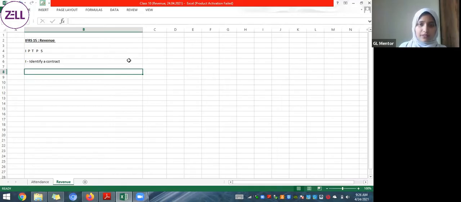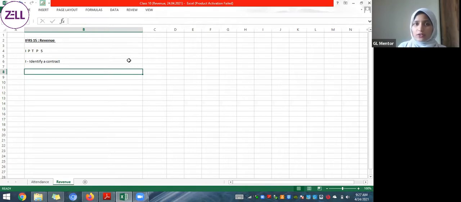Okay, so contract means there should be two parties, they should be in agreement regarding a commercial commodity or a service for a price. There should be rights and obligations attached with this contract. There should be intent of payment, a hope that this payment is going to be received. So I have entered into the contract, everything is being fulfilled, but I have a strong vibe from day one that this party is not going to pay me, because probably it's not a solid company.